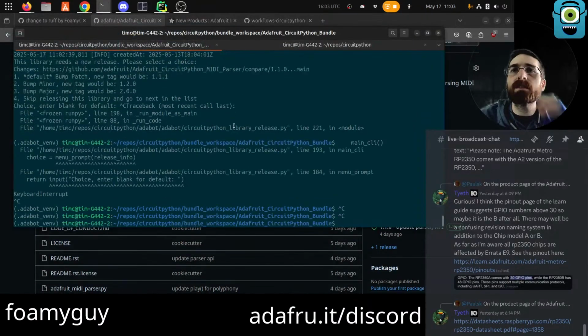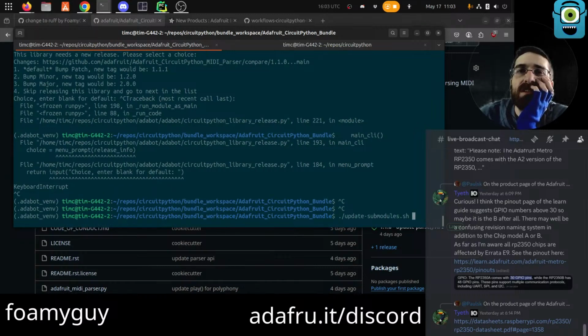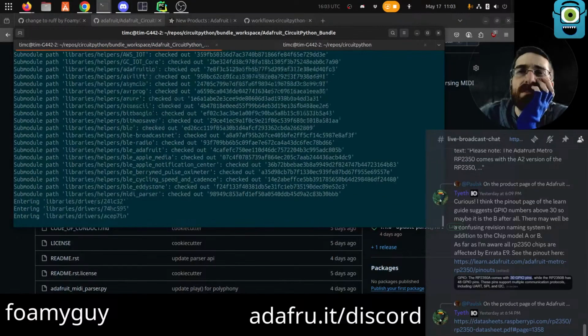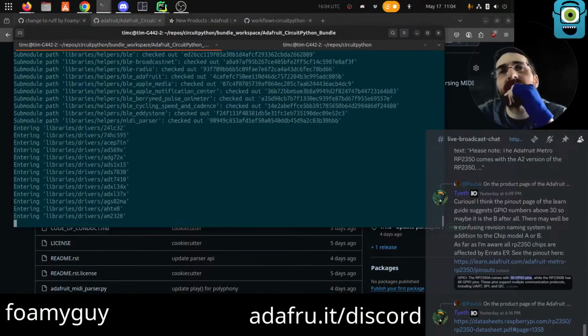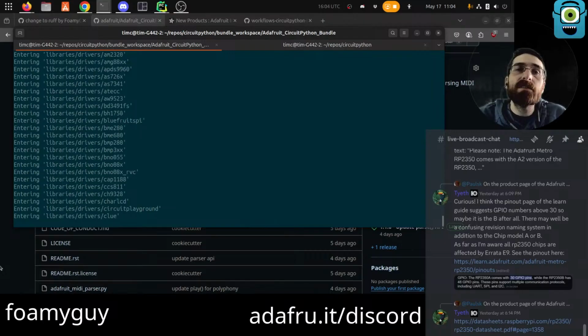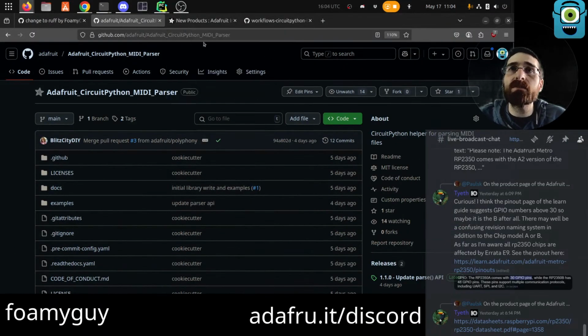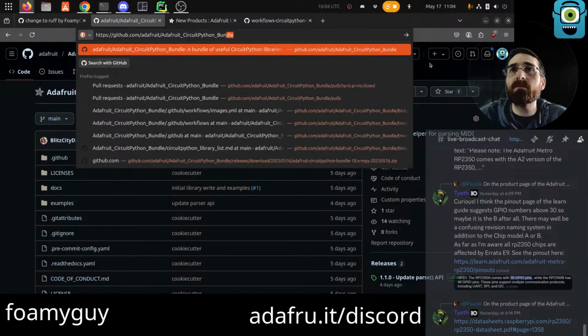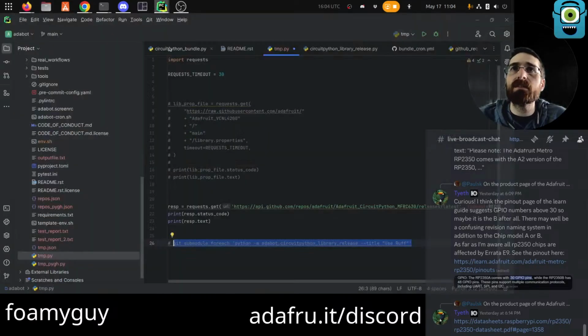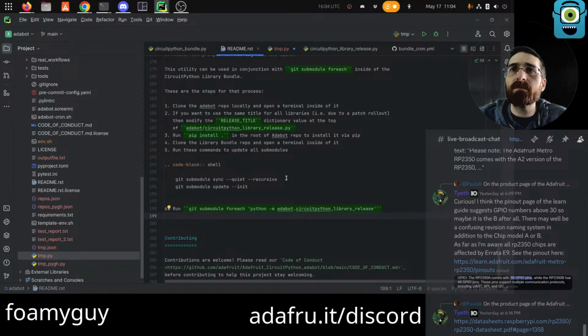I'm gonna break out of this. This isn't working. A bundle workspace, submodules. I mean, I don't know. When in doubt, I guess just delete it and clone it again. I don't know what the problem is. I assume that my version control is not in the exact right state somehow. I don't know what I did to wreck it, but